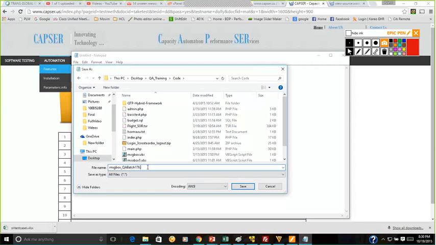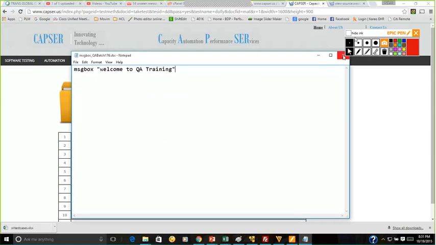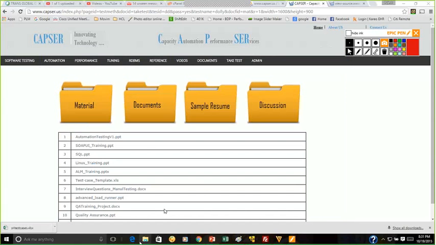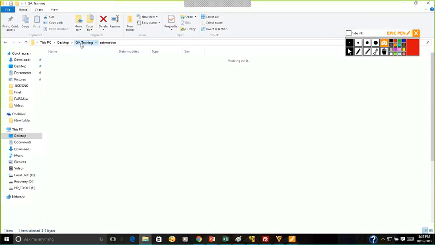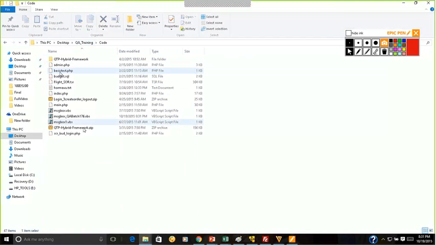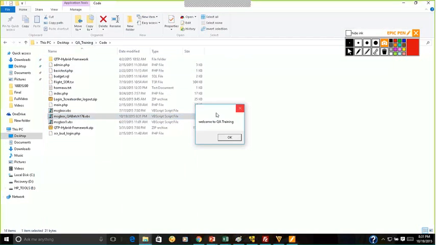That is Visual Basic Script. VBS stands for Visual Basic Script file. Instead of a txt, I'm putting a VBScript file. I'll save it, close it, and in order to execute the VBScript, there is nothing we need to do. Just go there and double click it. Now double click it, and automatically the script gets executed.